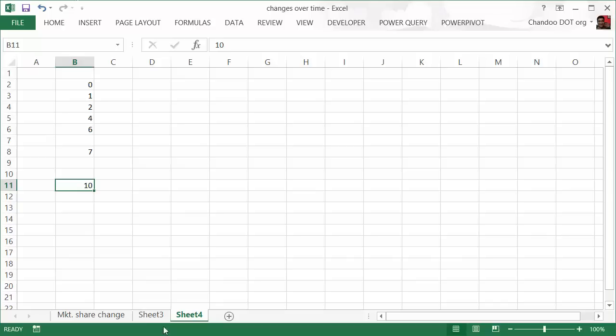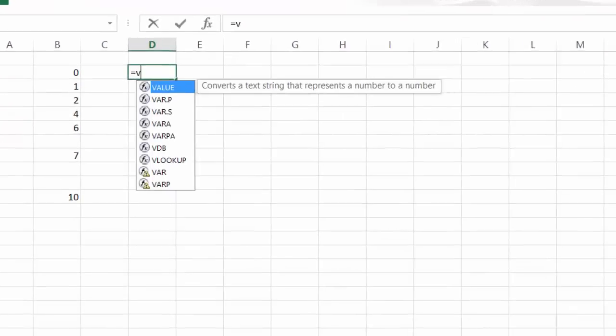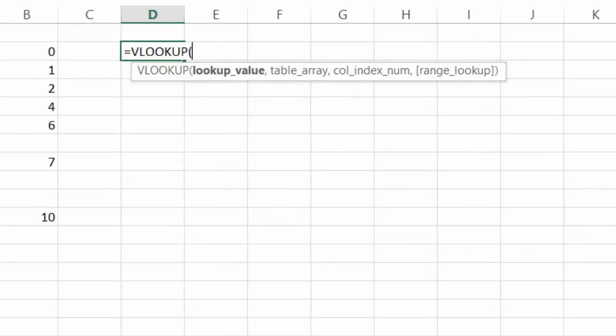And now if I want to know what is the last non-blank value in this range, I select this up to that much and call this the range. And I want to know within this range what is the last non-blank value, which should be 10. You could write a VLOOKUP formula that looks like this: VLOOKUP, and look up for a value that is extremely high. For example, in our range we have up to 10, so I'm saying look up 99, which doesn't exist in the range,